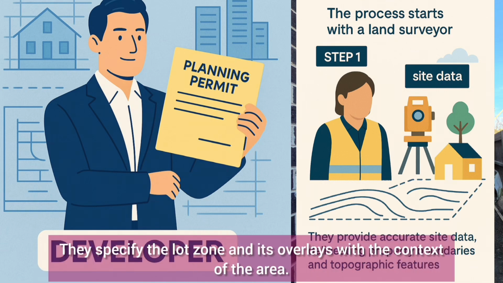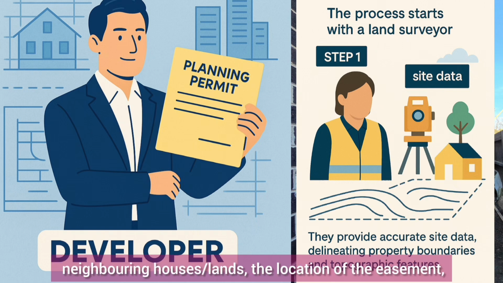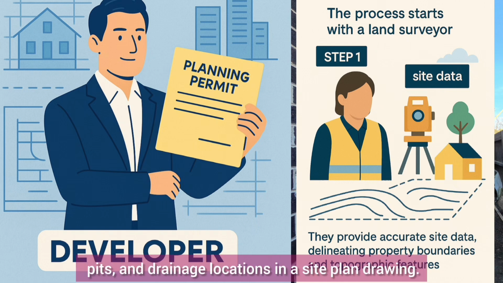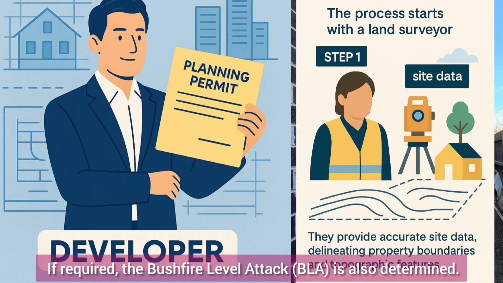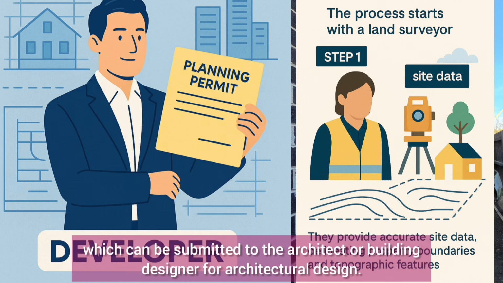They specify the lot's own and its overlays with the context of the area. The land surveyor determines the property lines, neighbouring houses' lands, the location of the easement, existing pathways, trees, poles, and drainage locations in a site plan drawing. If required, the bushfire attack level is also determined. She also draws the contour lines for the land, which can be submitted to the architect or building designer for